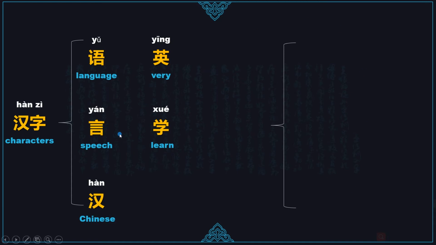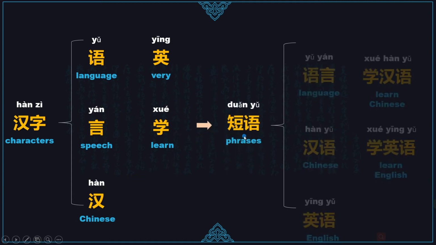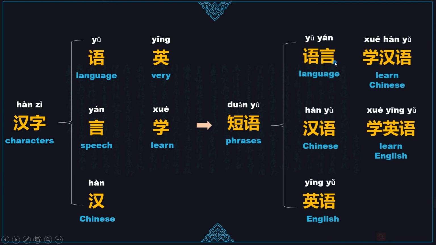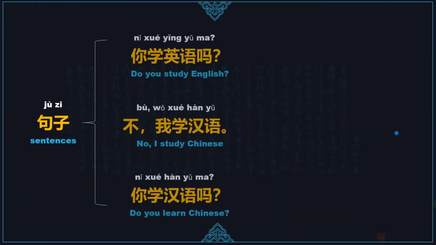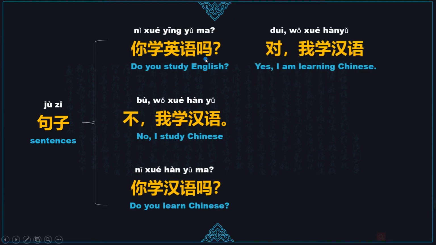They are 语、言、汉、英、学。And the phrases formed by those characters. 语言、汉语、英语、学汉语、学英语。Okay, let's take a look at the sentences. 你学英语吗？不，我学汉语。你学汉语吗？对，我学汉语。